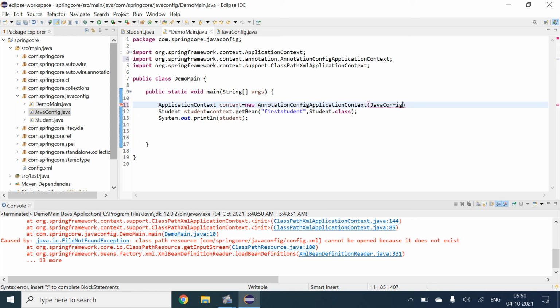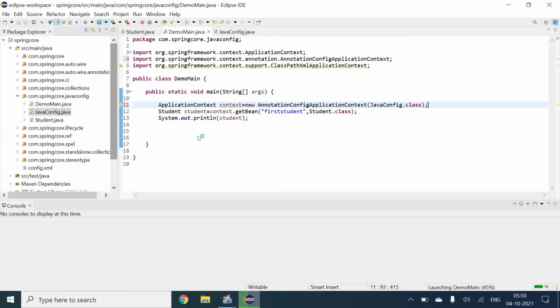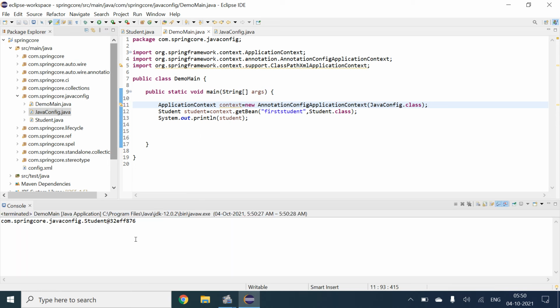JavaConfig.class, and after that the context is already provided, the print command is already given. So now we are getting the output com.springcode.javaconfig.Student.